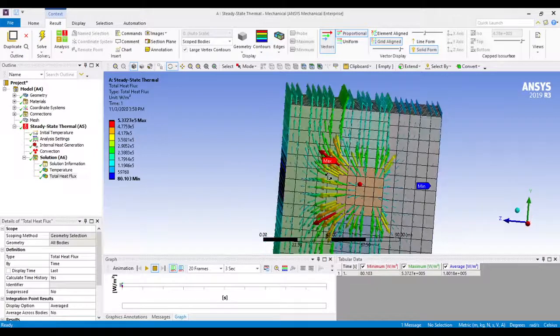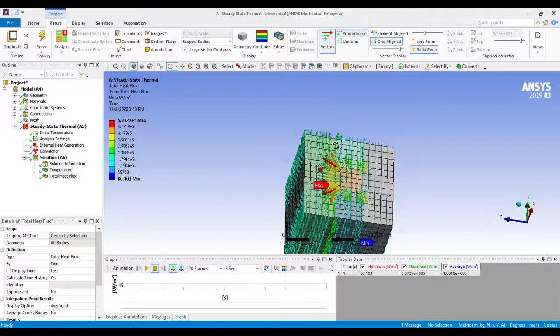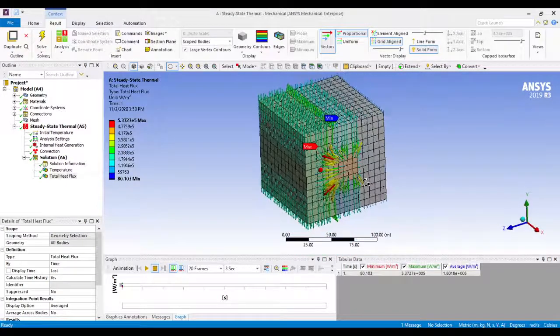So you can see that most of the heat flows in this direction. Whatever material we have assigned to this face will possess a higher thermal conductivity. So most of the heat, you can see, is transferring to this interface, and very little heat will be transferred by the rightward material. So in this way we can make use of these vectors in order to analyze the results.